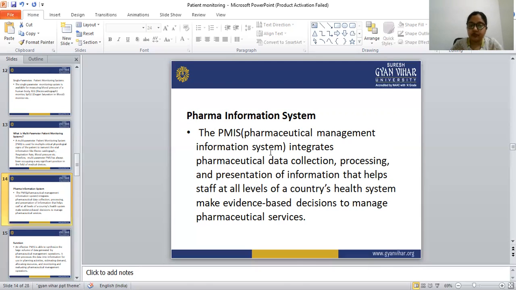It also keeps a tab on whether the appropriate dose has been given based on the patient's age, weight, and other physiological factors. So in this pharmacy information system we are using the computer. The computer plays a vital role in the pharmacy information system. So the first point is the clinical screening, which keeps track of all the drug interactions, drug allergies, and drug-food interactions.